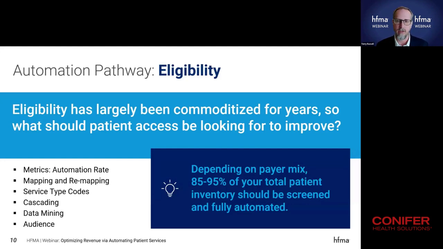And then secondly, working with your IT partners that do the mapping, how to improve that rate. And there's so much opportunity in terms of understanding where that mapping could be occurring or could be remapped or changed to get a better outcome. And if you don't have, as far as a strategy, a regular cadence where you're connecting with those key folks that do the mapping for you, you should. If not bi-weekly, at least monthly, looking at the metrics, looking at the rejections, what opportunity by payer do we